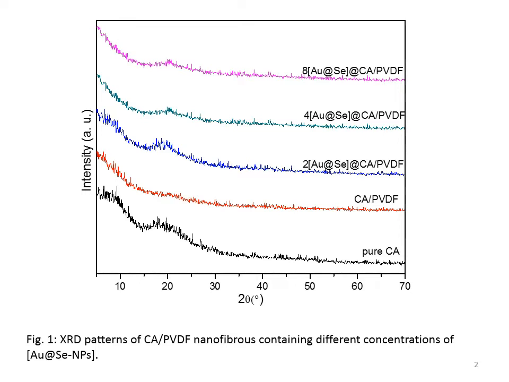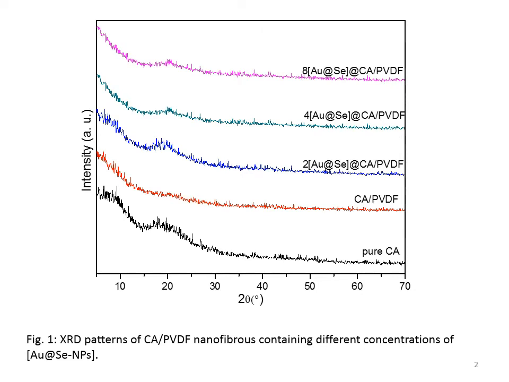Therefore, in combination of these ideas, nanoparticles such as selenium and gold could be incorporated into the nanofibrous scaffold containing selenium, cellulose acetate, and PVDF. The metallic nanoparticles are produced via laser ablation. The laser ablation technique